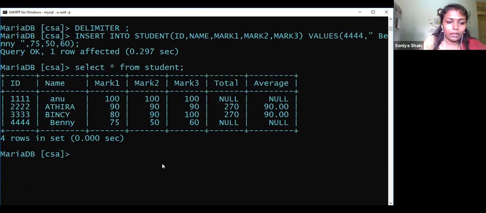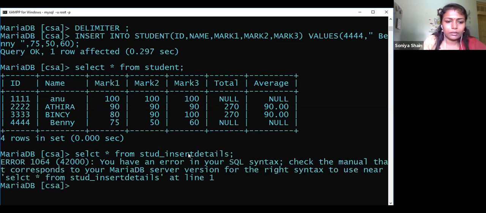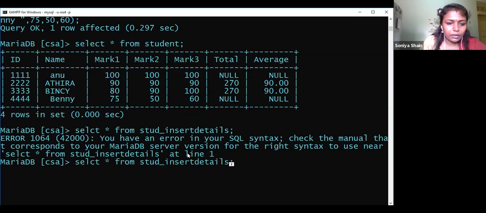Okay, then next we have to check which table. Select star from student underscore insert details, that is our trigger's table. Some spelling is a mistake.